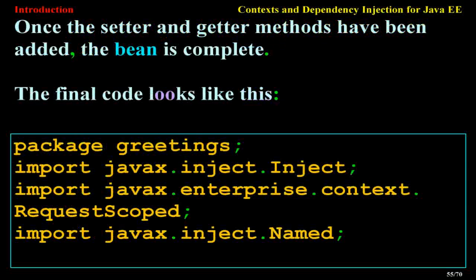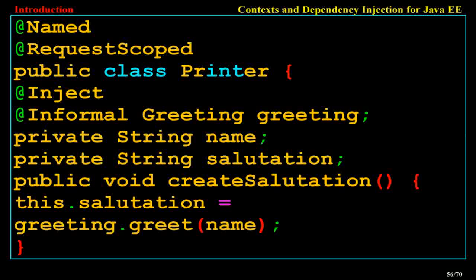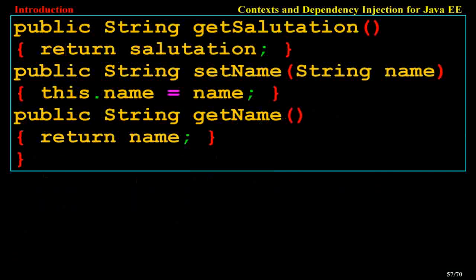package greetings; import javax.inject.Inject; import javax.enterprise.context.RequestScoped; import javax.inject.Named; @Named @RequestScoped public class Printer { @Inject @Informal Greeting greeting; private String name; private String salutation; public void createSalutation() { this.salutation = greeting.greet(name); } public String getSalutation() { return salutation; } public void setName(String name) { this.name = name; } public String getName() { return name; } }